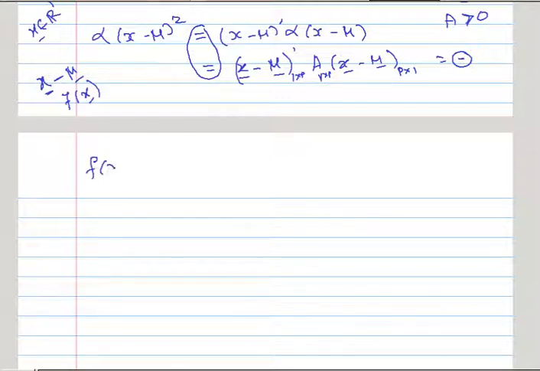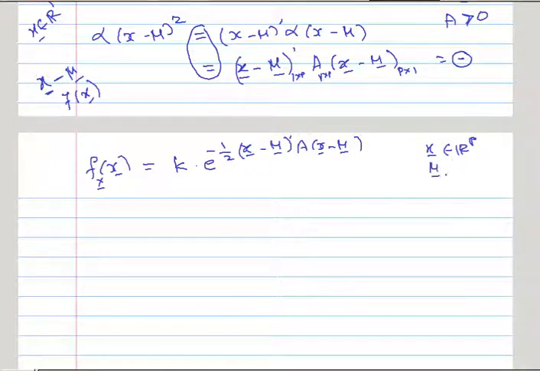So now density in multi-dimension, f of x bar evaluated at this particular n-dimensional point x bar, will be k into e raised to minus 1/2 into this quantity, (x bar minus mu bar) prime A (x bar minus mu bar). This x bar will be some point in p dimension, mu bar will again be a point in p dimension, and A is a positive definite matrix. A is just like sigma, it is positive definite. Now this is the core part of the multivariate normal distribution.